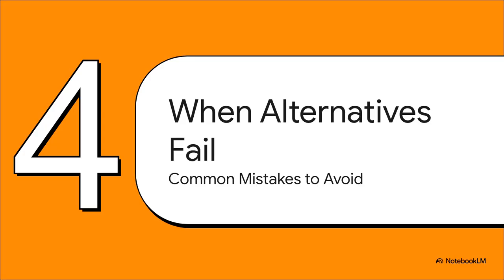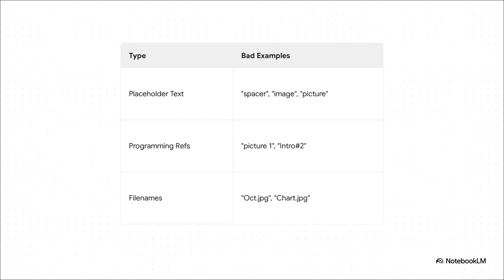Look, providing an alternative is a huge step in the right direction, but it's also surprisingly easy to mess it up. So let's go over a couple of common ways this can go wrong, just so you know what to watch out for. Okay, this is probably one of the biggest and most common failures. Someone puts in some text, but it's completely useless. Imagine a screen reader just announcing "chart.jpg" or "image." That tells the user absolutely nothing.